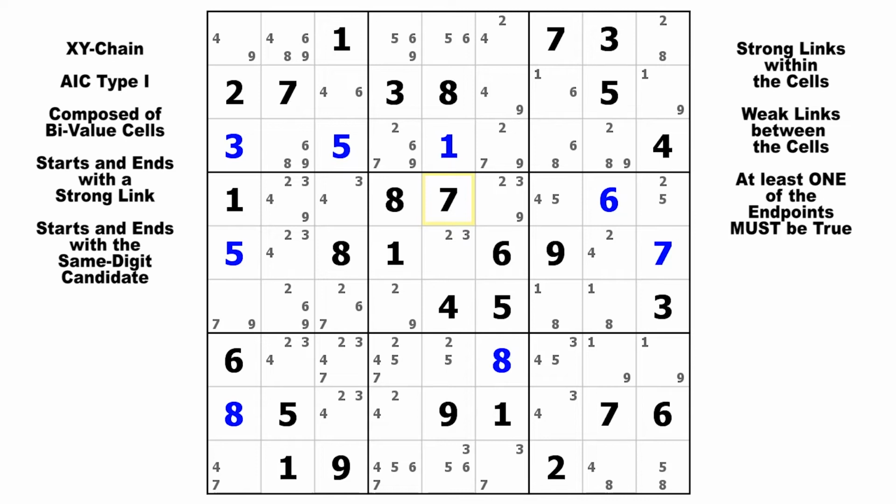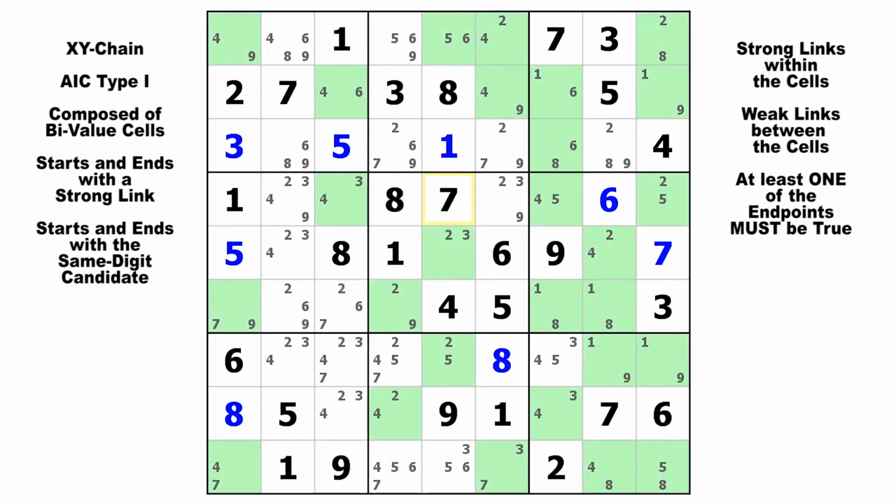All right, here in this puzzle we have an XY chain made up of 9 by-value cells. So you're going to have to watch very carefully. Let's turn on the filter for by-value cells. And our 2 endpoint cells are here and here, again on candidate 4. So we're going to start on this candidate 4 in row 1, column 1, and then that's strong to the 9, weak to this 9, strong to the 7, weak to this 7, strong to the 4, weak to this